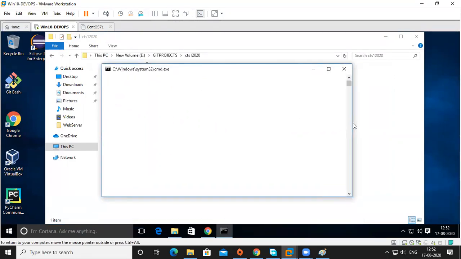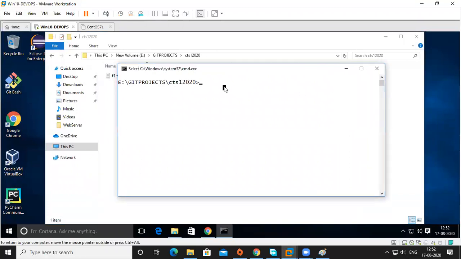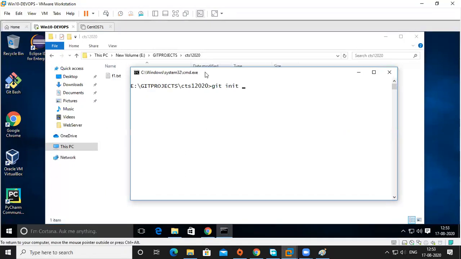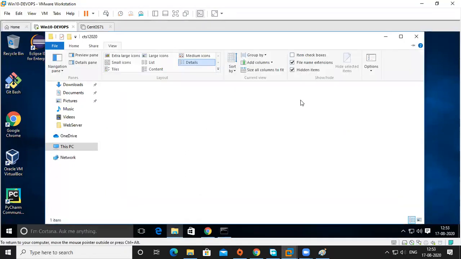So this is my folder, and I have a file, right? Now I want to create a Git local repository. So this is the staging area. F1 is in my folder. This is called the staging area. First I want to create a local repository. Okay, initiate. Sorry, init. So Git will be initiated. A hidden folder item is there now.